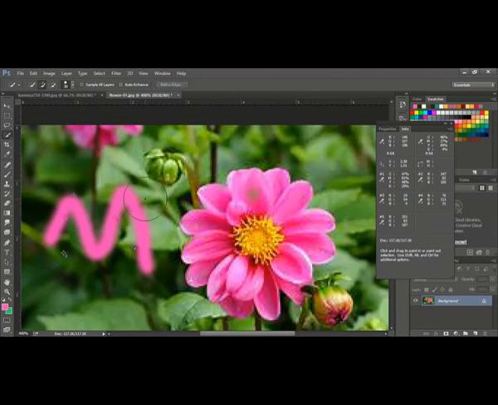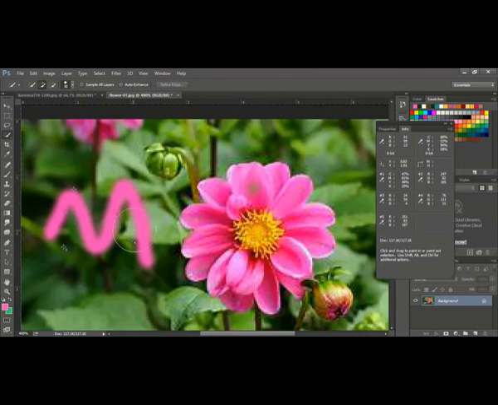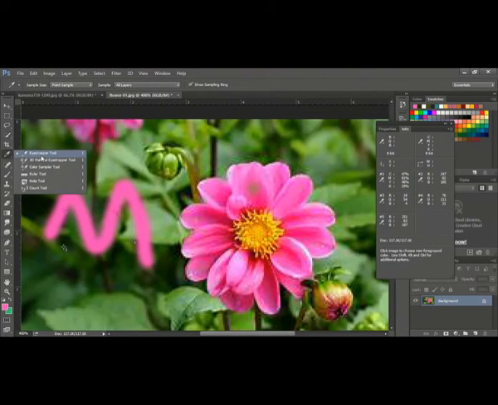So I was explaining you can use that pixel to select whatever color you want. And as I mentioned, when you click with the eyedropper tool, the foreground color is changed.